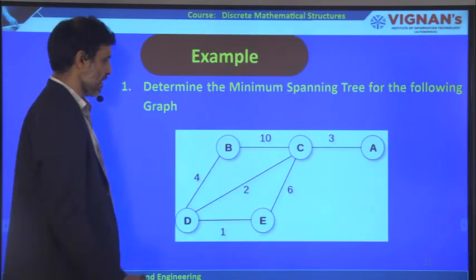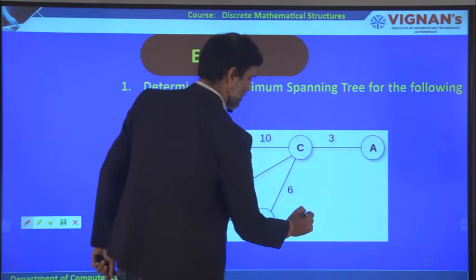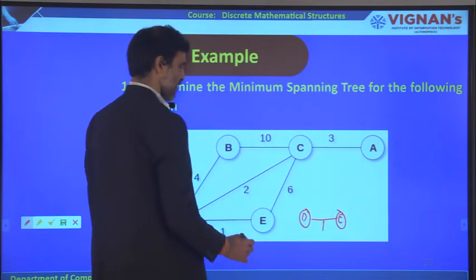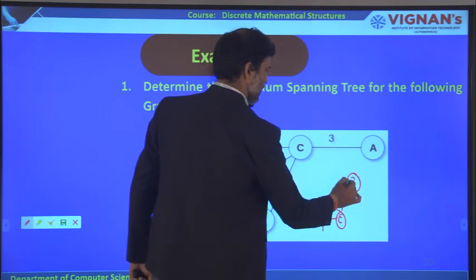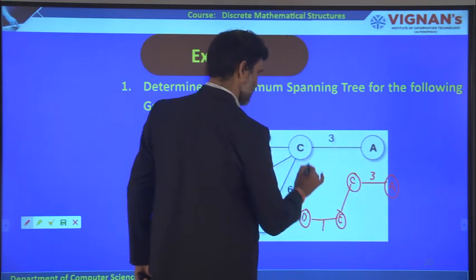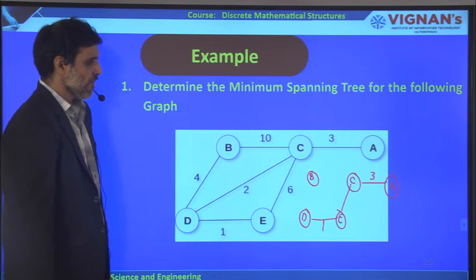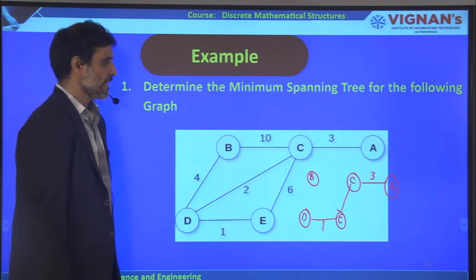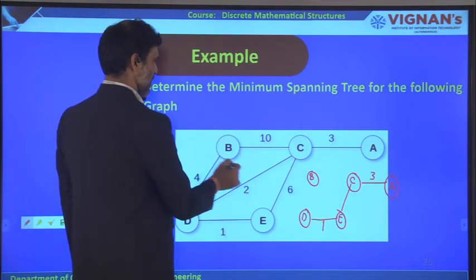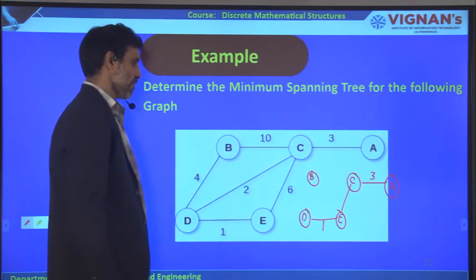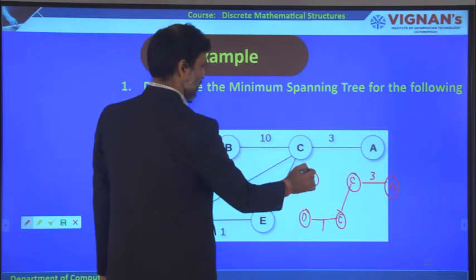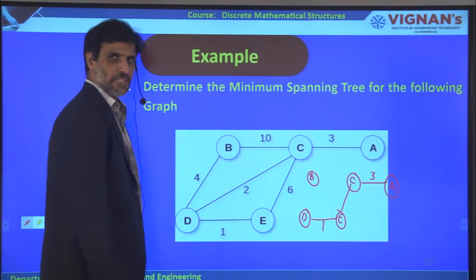In the previous case, when we started with D, the minimum edge is E, and for this the minimum cost is C here, and for this you will get A. Now here you can get vertex B. See, if you observe, this is the spanning tree. In the previous case, the total number of edges is 1, 2, 3, 4, 5, 6, here totally 3 plus 3, 6 edges are there. We got here 3 edges only. With this vertex, but this vertex is not connected with any other vertices in the given graph.